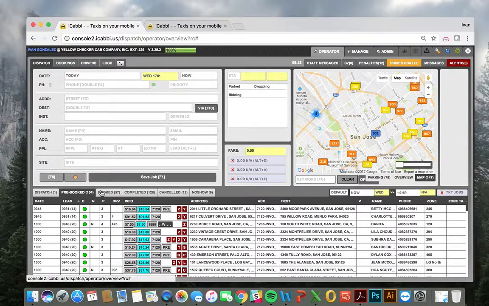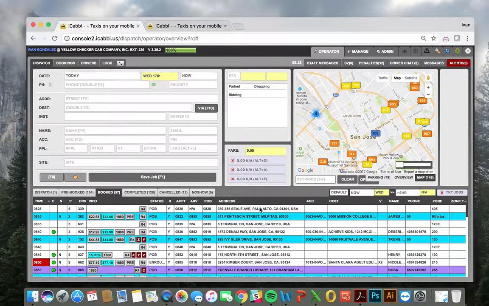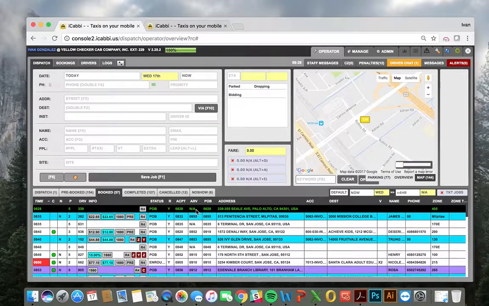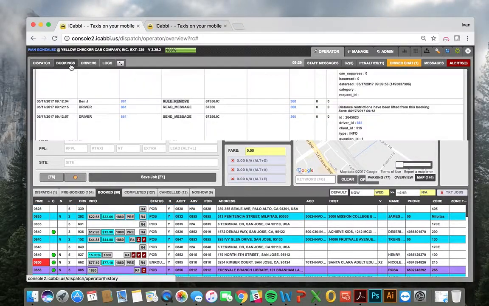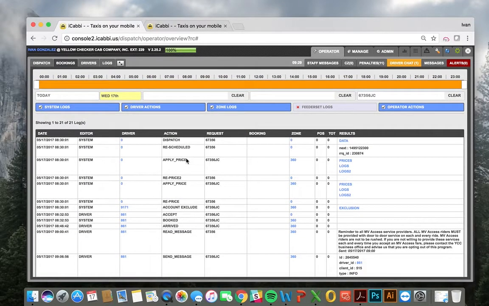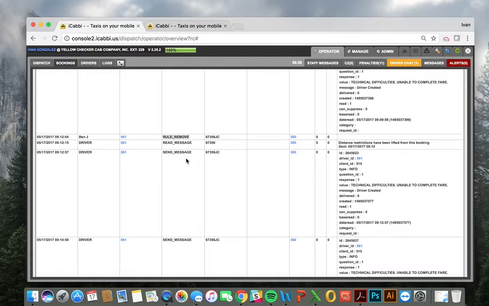We can actually go to the book tab and then right click and remove rules is R. If you select that, it will manually override the proximity rules, and the driver will be able to complete his job even though he's not within the required proximity. So that was the quick solution, but we don't want to default to